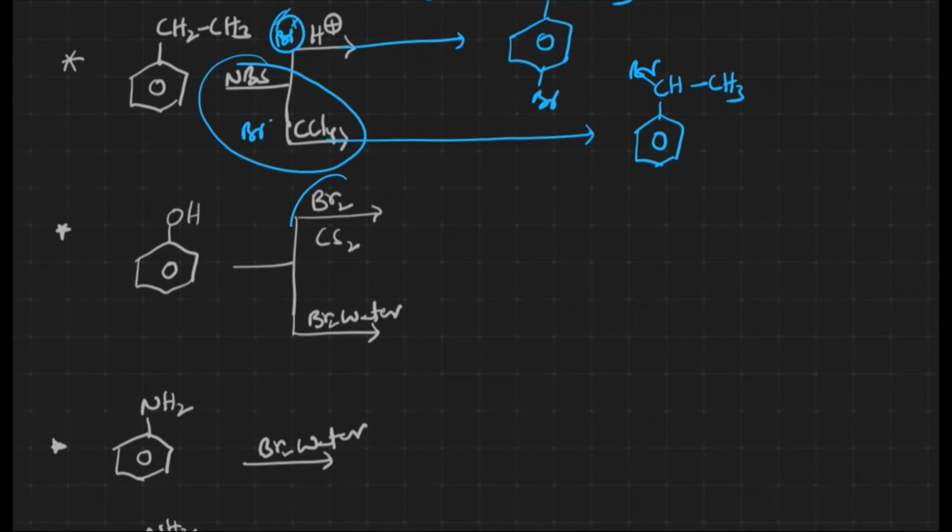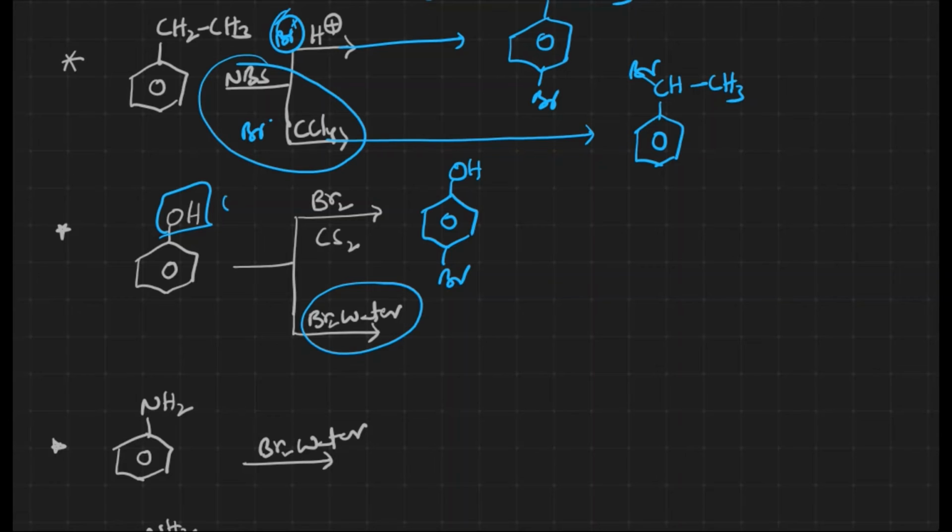Now, if you take bromine in non-polar solvents like carbon disulfide, generation of bromonium ions is going to be considerably very less. That's what we can expect. Only one bromine substitution over here. But with bromine water, the ionization of bromonium ion is going to be more in the water, because of which we can expect more than one substitution reaction.